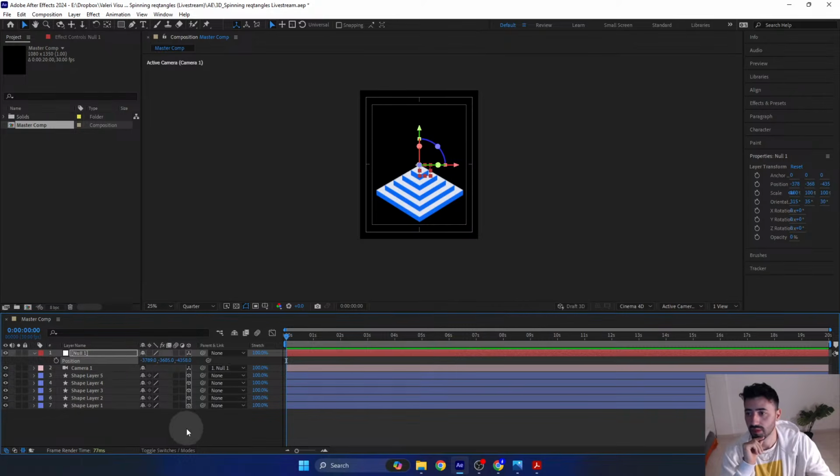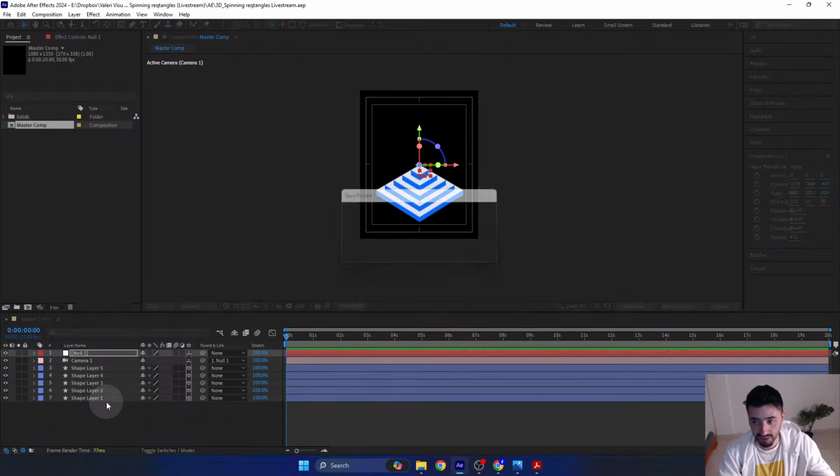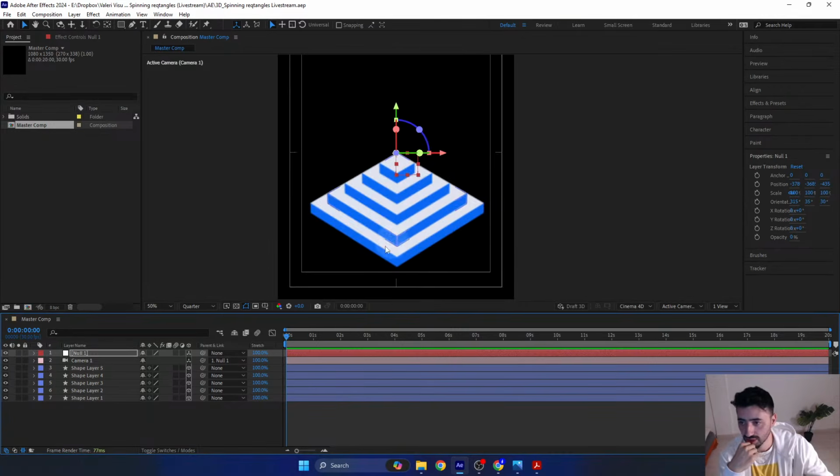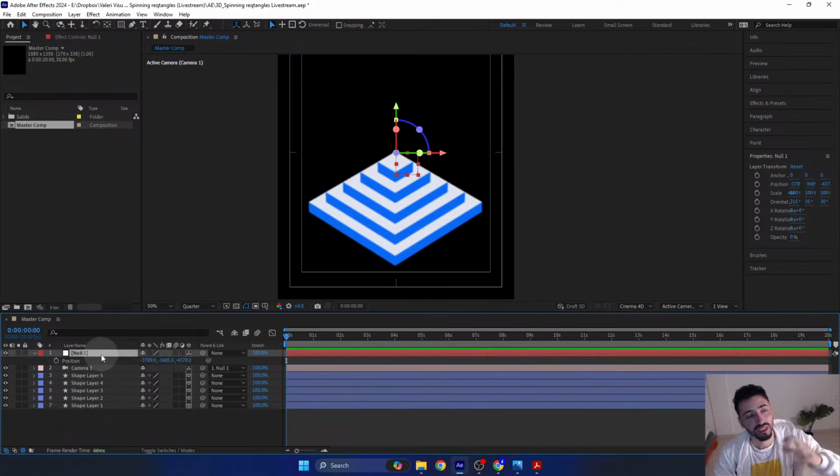And now we can start to animate, but before that, let's save the project, even if we have the autosave function. Anyway, let's press Ctrl S to save the project and move on to the animation. If you want, you can adjust the position a little bit more so it's perfectly in the center. And of course, if you want to create a more interesting camera angle like I created in my animation, we can bring up the rotation properties,